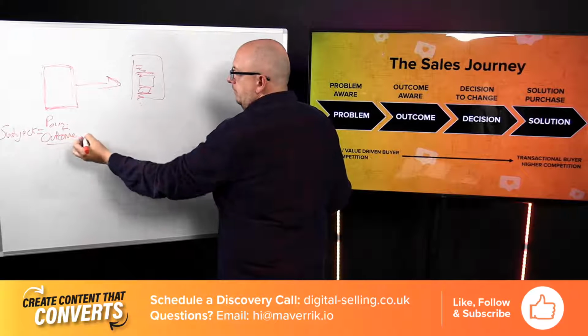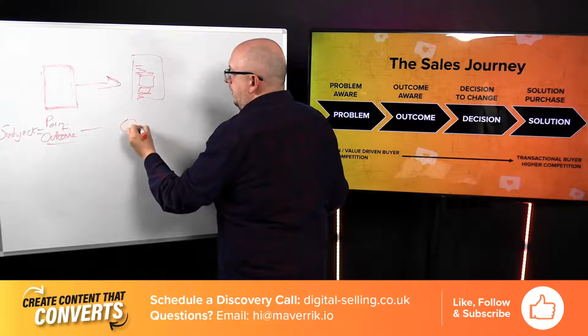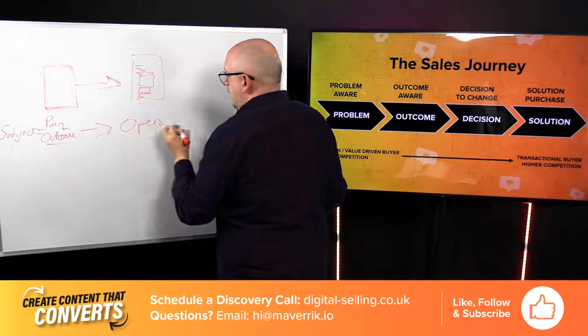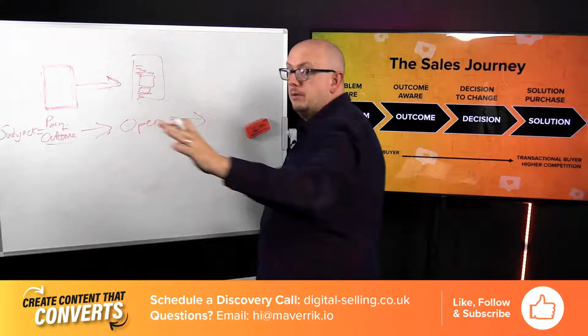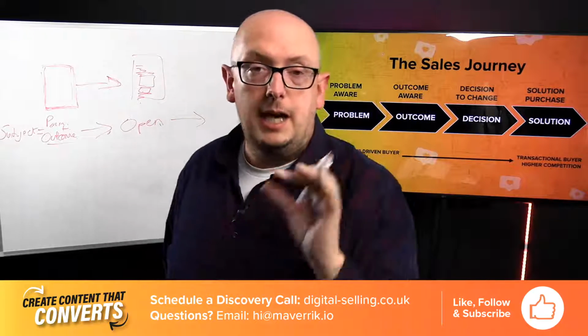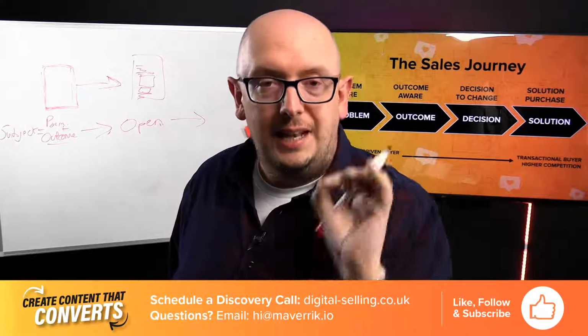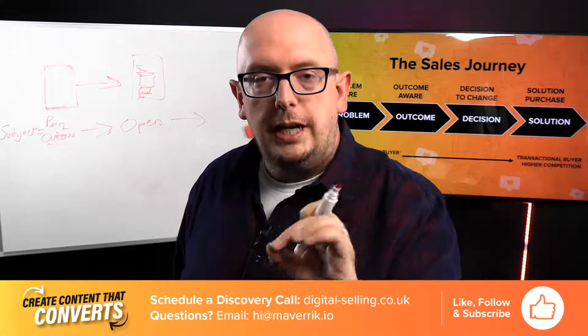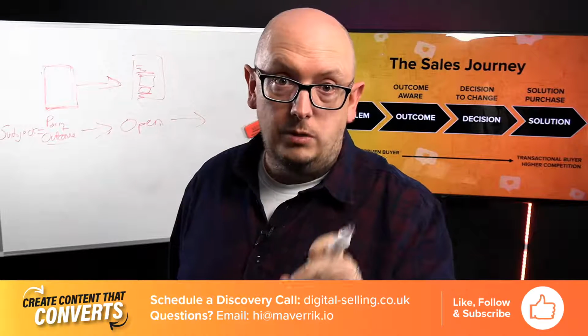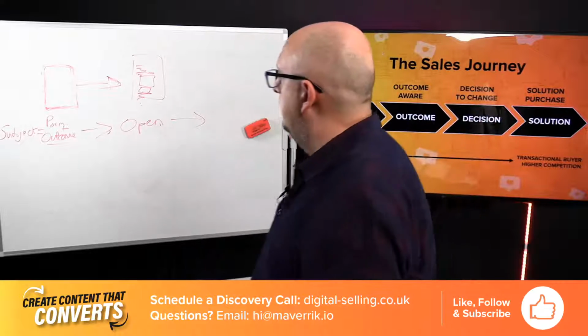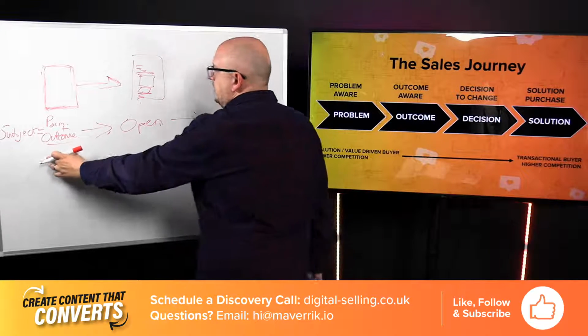Now, the pain and outcome will get the email open, and the brief copy, and the reason I say brief is the more you write about something before they click, the less likely they are to click. It's really mad, and it works in DMs too. There's almost a Goldilocks: if you say too little, they ignore you. If you say too much, they opt out. So you get the sweet spot where you keep the curiosity high, so they want to click to read what the article says.